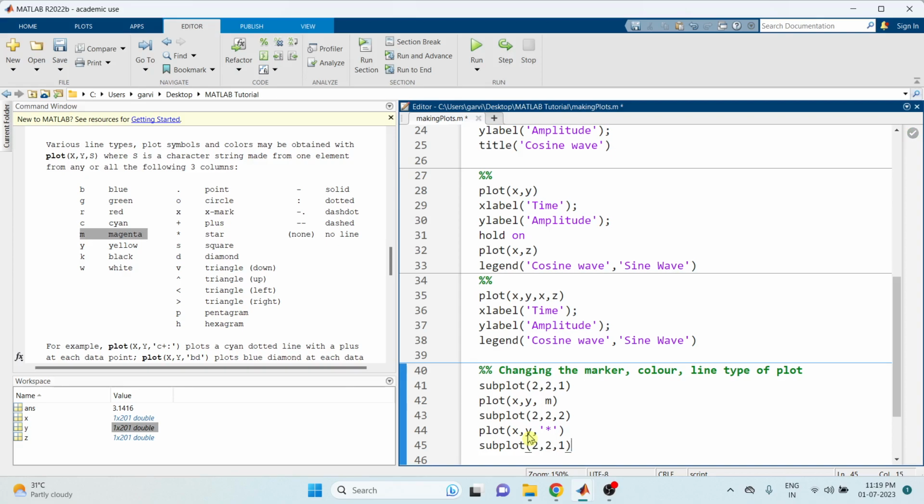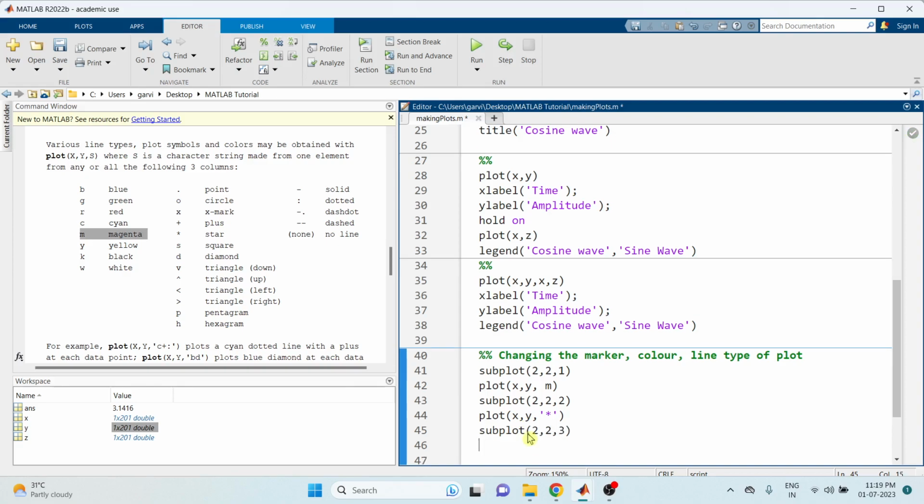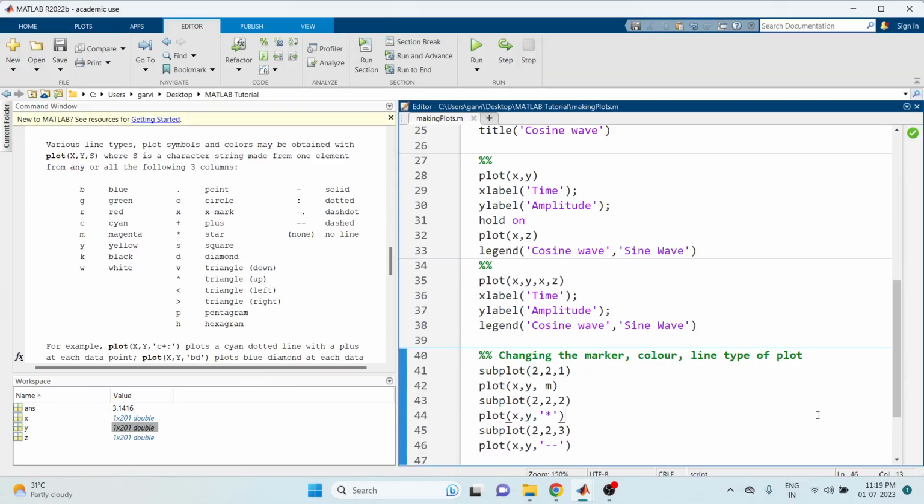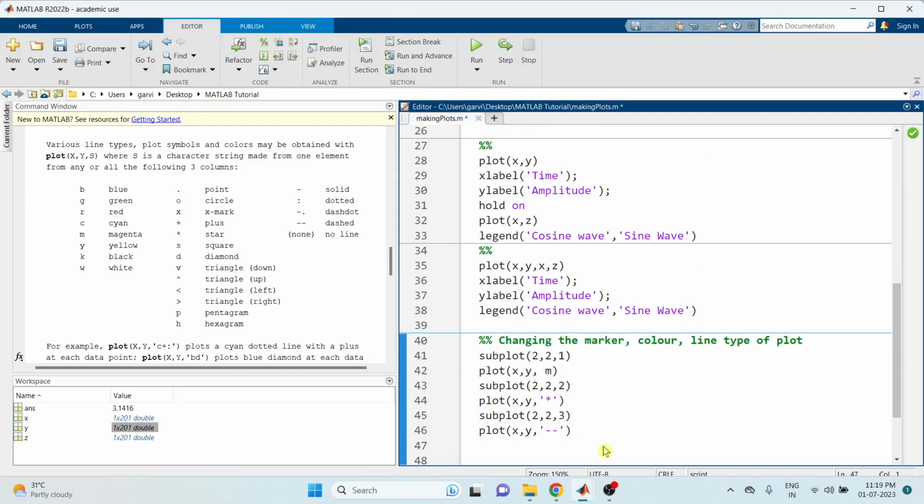Then again, I will make use of subplot command 3, and this time I will plot x comma y with a dotted line. So instead of giving a solid line, I will make use of a dotted line. And in this subplot 4,